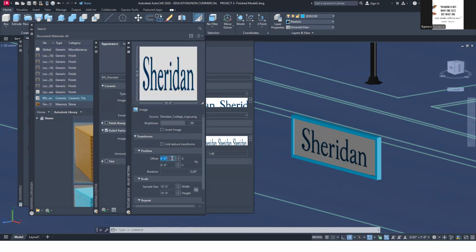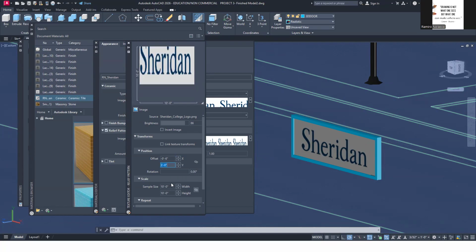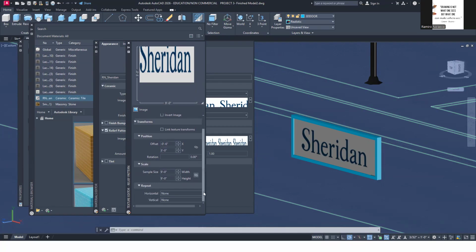Okay, so what was that? Negative, I think, 6 inches. Yep. Okay, by 3 feet. So 3 feet. Okay. And then here, I think I place 9 feet by 9 feet. Okay. And then I did say tile.